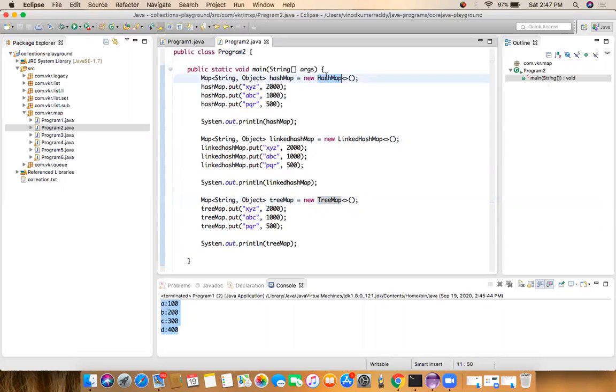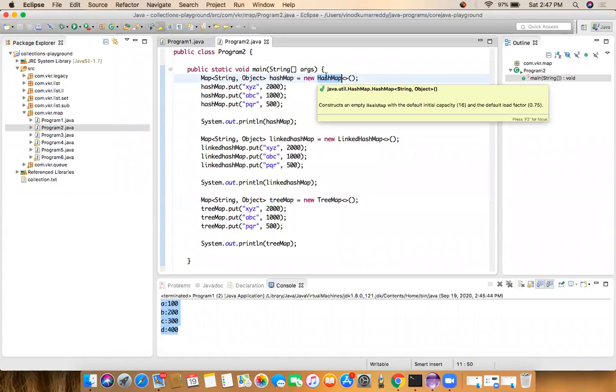If you have a requirement of creating a HashMap object where we need key-value pairs and we don't bother about the order, we can go with the HashMap. When to use a LinkedHashMap?